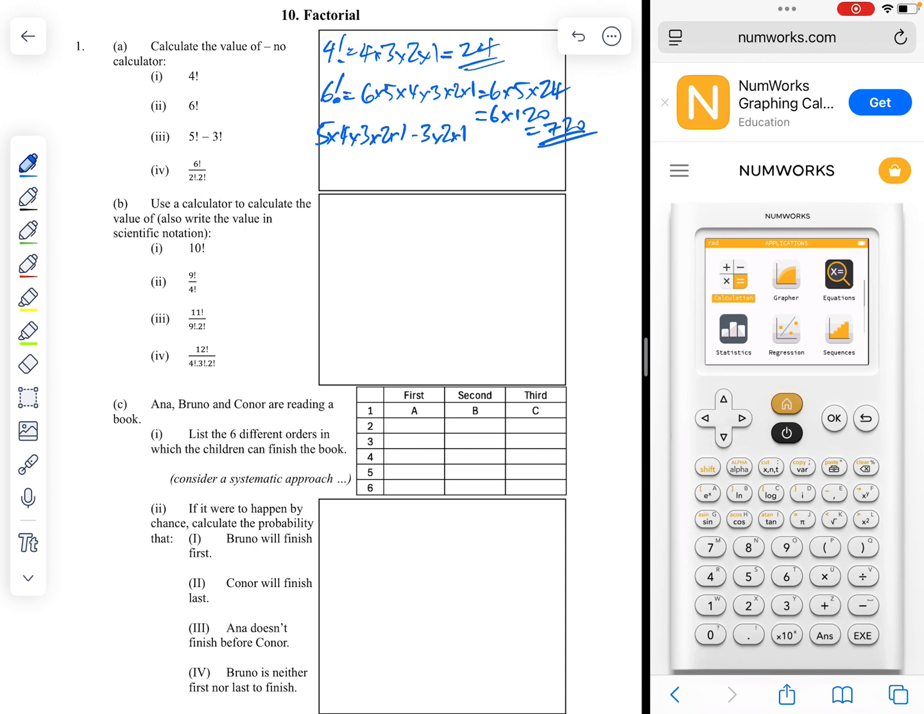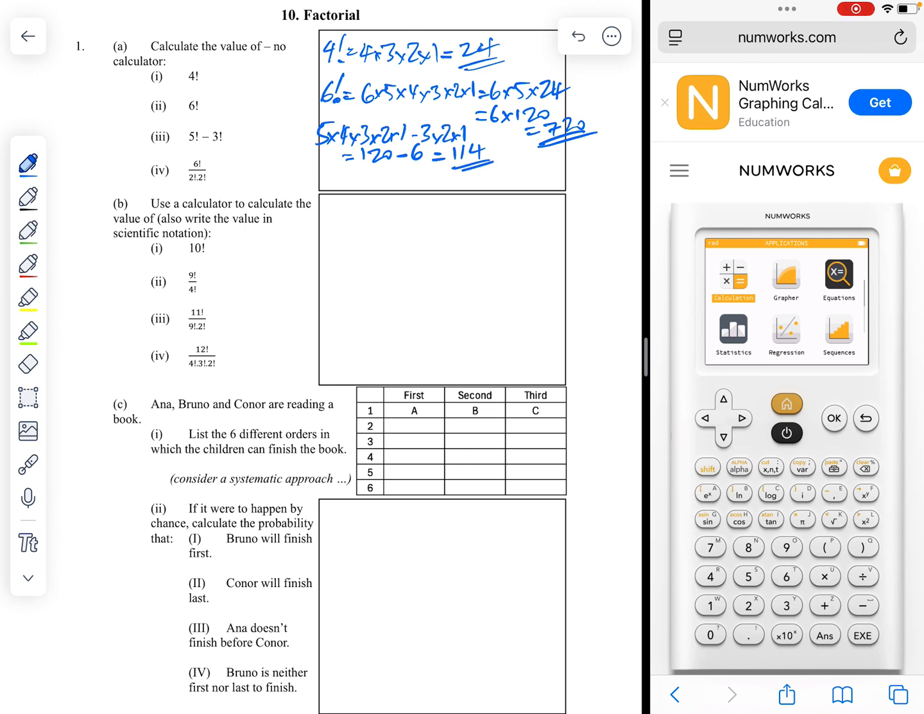2 times 1. We had that just now. 5 times 4 times 3 times 2 times 1. 5 times 24 was 120. So now we can write that equals 120 minus 3 times 2 is 6, times 1 is 6,